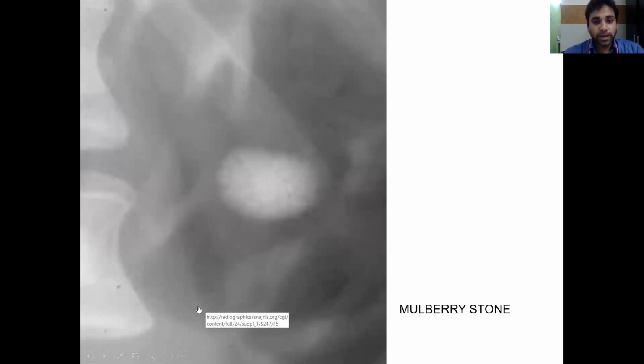Under plain X-ray, the KUB shows a radio-opaque shadow in the left kidney. This is a mulberry stone. A mulberry stone is one of the types of urinary tract stones. It is formed of calcium oxalate dihydrate. It can be considered a subset of the Jackstone calculus, which has a spiked appearance. When the stone has less well-developed spikes, it may appear to have a mammillated appearance. Hence, it is referred to as a mulberry stone.